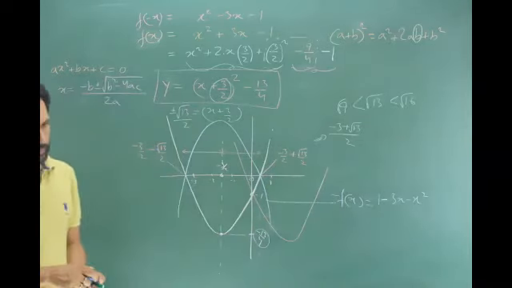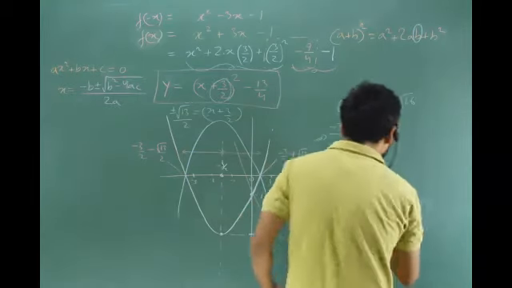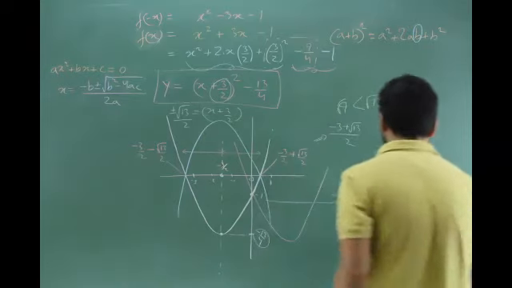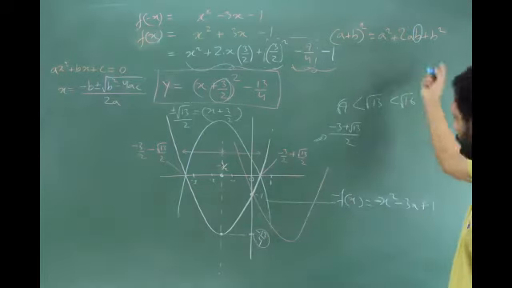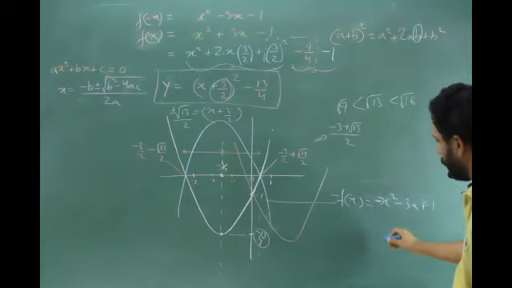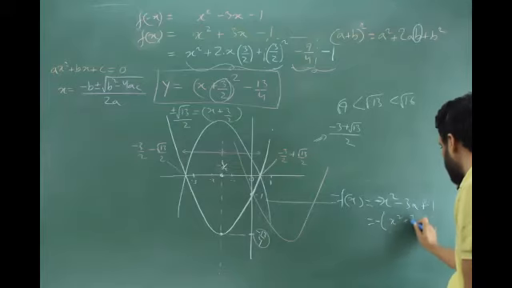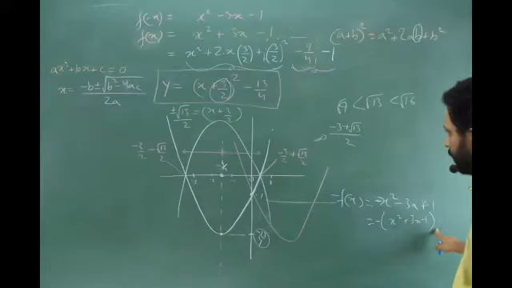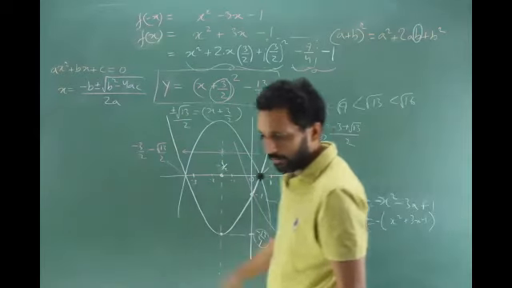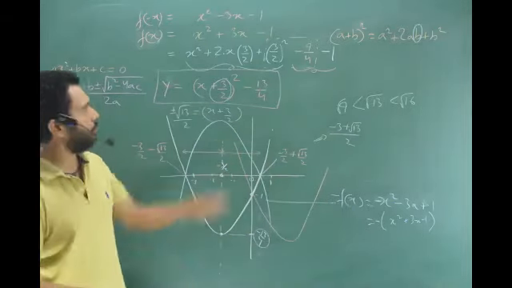Is that clear? Yes, sir. So if I give you a question, minus x square minus 3x plus 1, will you say, sir, we have not done it in this way? What you can do is take minus common, right? After taking minus common, you can draw the graph of what comes inside, x square plus 3x minus 1, which is the white graph. Once you have drawn it, you can reflect it, right? Yes, sir. Even if I'm not teaching you the other way. Is that okay? I was planning to teach you the other way also, but the other way is nothing.